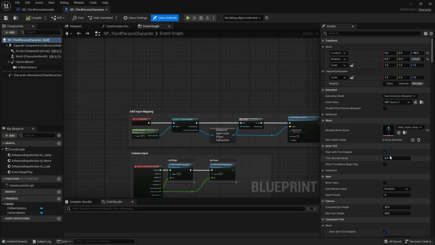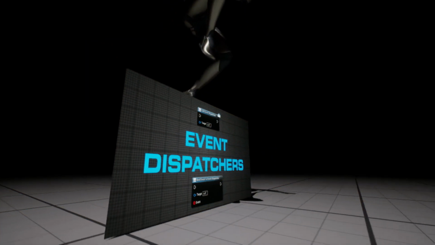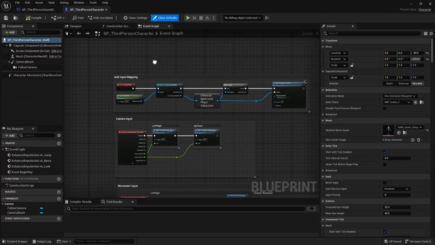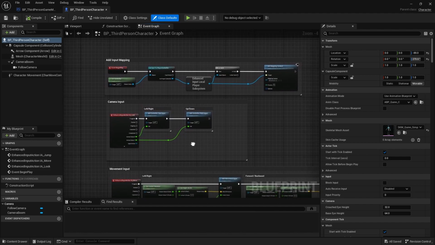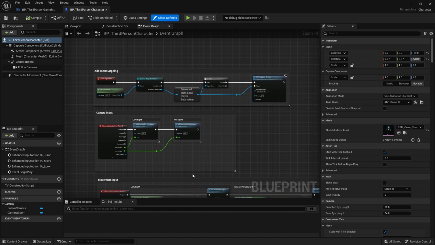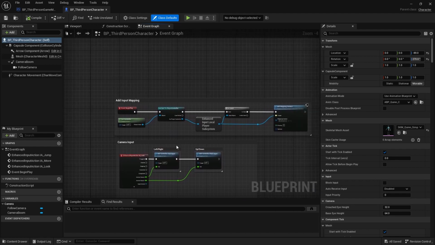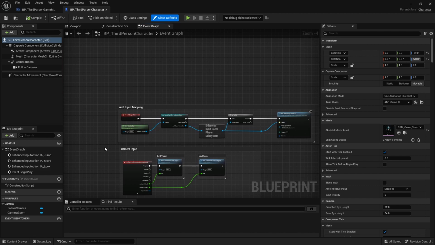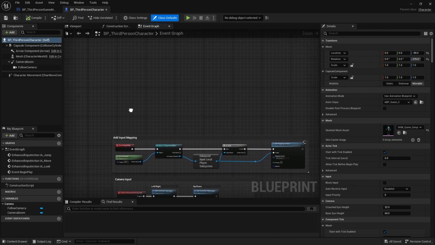So let's talk about event dispatchers and the best way to use them. Event dispatchers are basically a way to signal from one event to another and trigger multiple events by just triggering one. So if I'm in my character, let's say I want to attach one event from my character